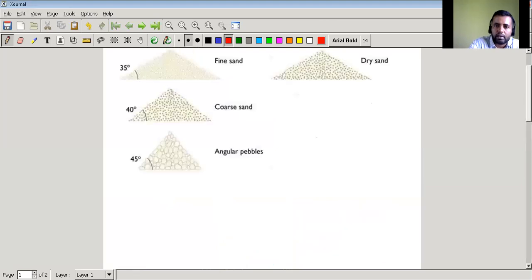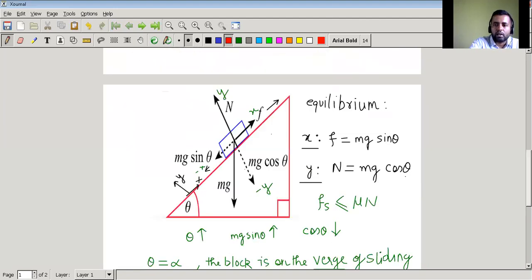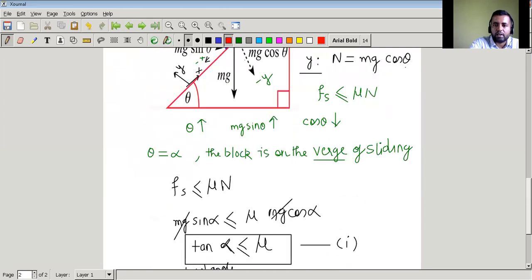So now you can understand the diagram we saw in the beginning, that this is the angle of repose alpha for the fine sand, which is 35. So if you put more sand, so that this angle increases, they will slide down. Same goes for this also. Okay, and you can see this shape plays a role in the formation of mountains also. Okay, in desert areas you have sand dunes, right? Sand mountains or something. So there it plays a role. So today we learned that this angle of repose and coefficient of friction are related by this formula, and this is independent of mass and area.